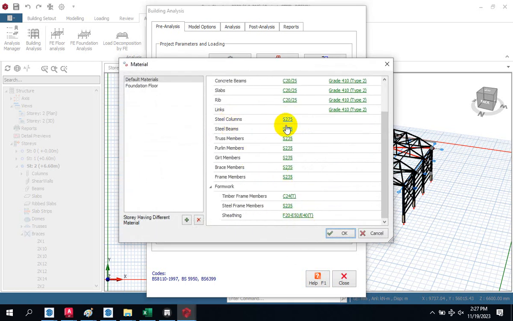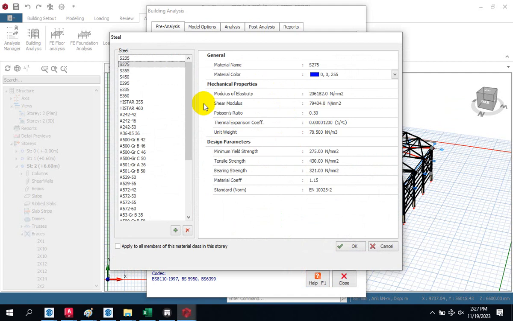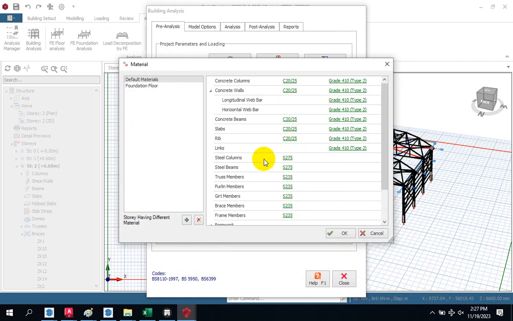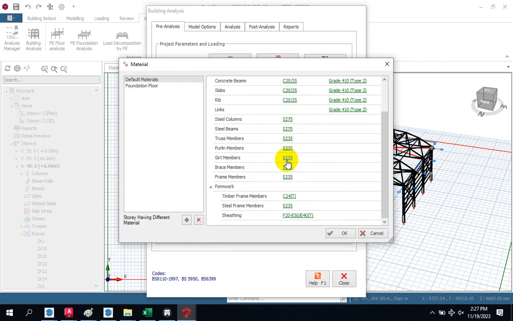We have steel. We have this steel. You can maintain or use whatever steel grade you want to use. Even the steel, it comes in different grades as well. So whatever steel grade you want to actually use, you can select from there, and then you click